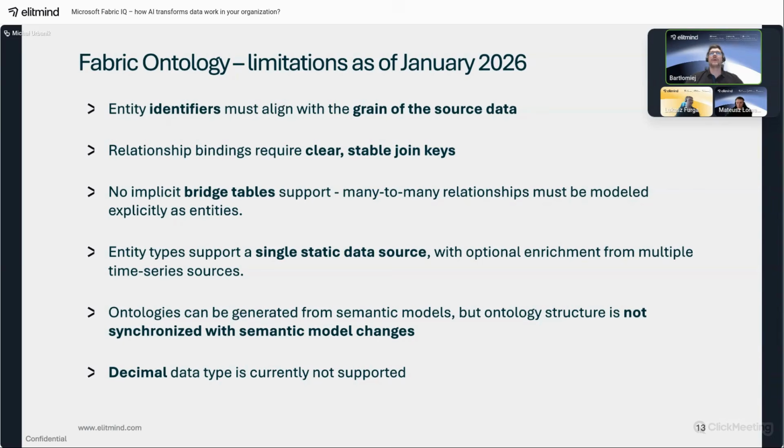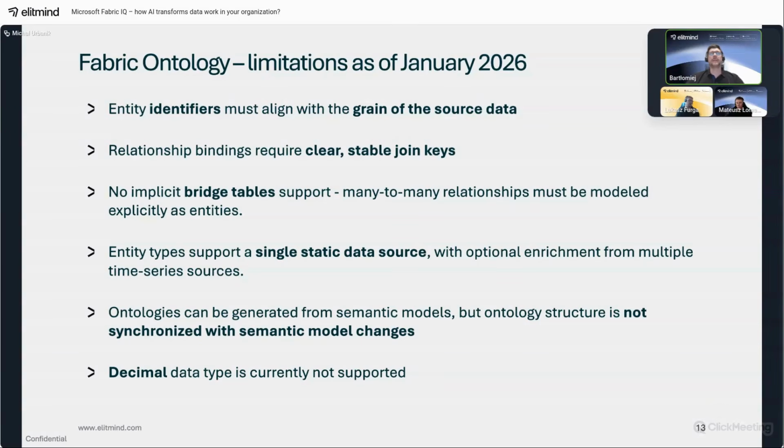We can define only one key for an entity, and when we map one table to several other tables, we always need to use the same key. So that may be a limitation, and that may be an assumption to think about our semantic model quality, to make it easy to transform into an ontology.